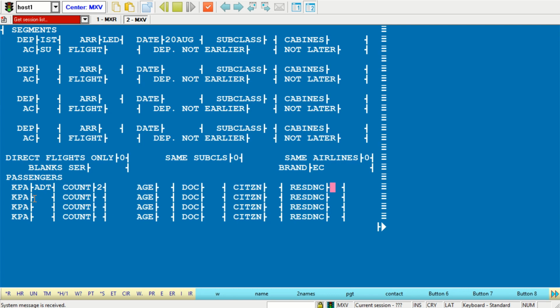Then, for example, 1 child. You add passenger type code. How many childs? 1 child. And for child, please add age. Age should be less than 12 years old. Then let's add infant. Code for infant inf. Then how many babies? 1 baby, and age, for example, 1 years old. Then click on enter,